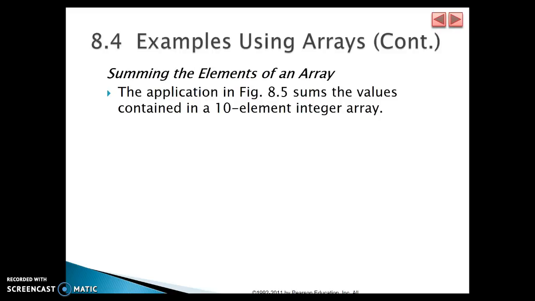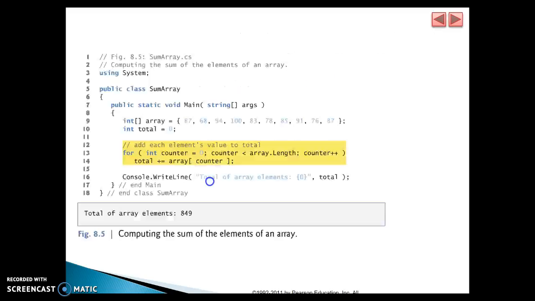We can add up elements in the array. Here's an example. We declare an array, int square bracket array equals, and this is the pre-declaration, so we don't have to say how many it is. However many pieces of data we give it, that's how large it is. We declare a variable called total